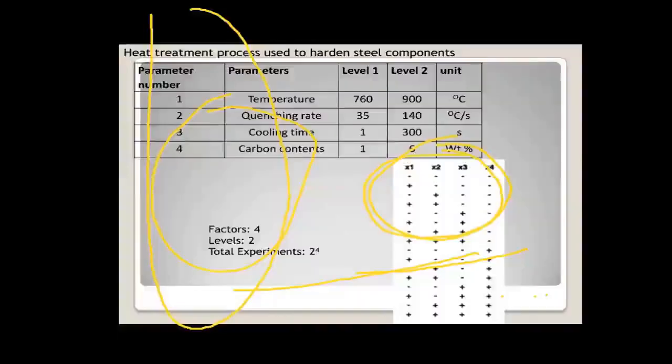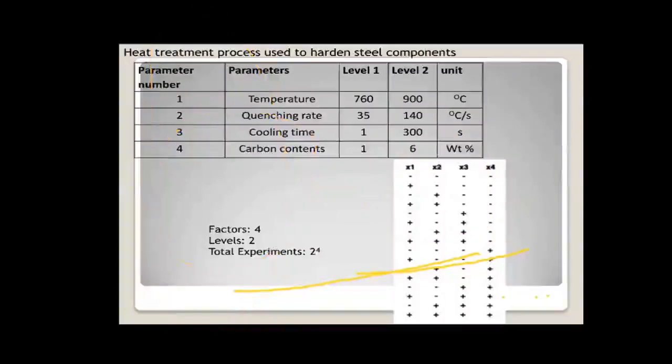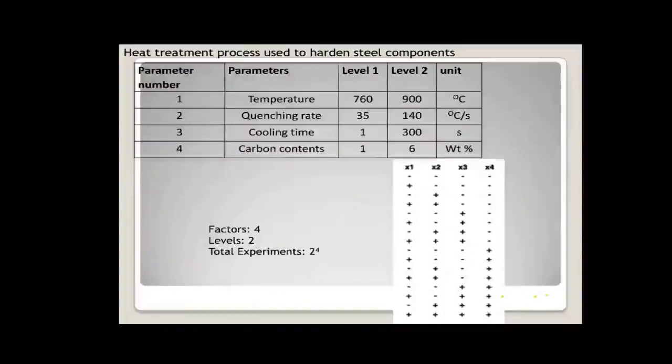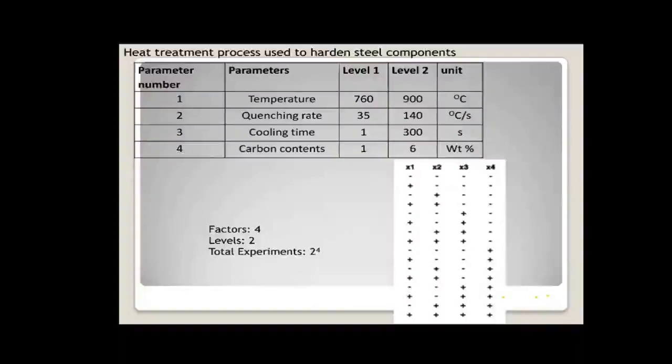Now, the second stage is how to define the levels. Here I have taken four different input parameters. Which four parameters? To achieve the yield, I have four different parameters: temperature, pinching time, cooling time, and carbon content. Now here for temperature, I will have three different levels. Here I have four factors. Factor means input parameters in very simple language. And level means at what different stages. So the first level is 760.